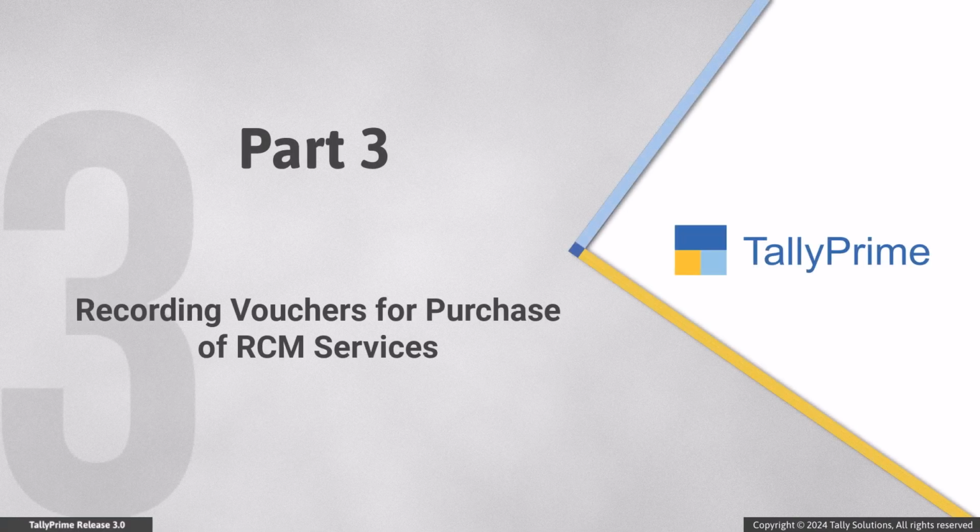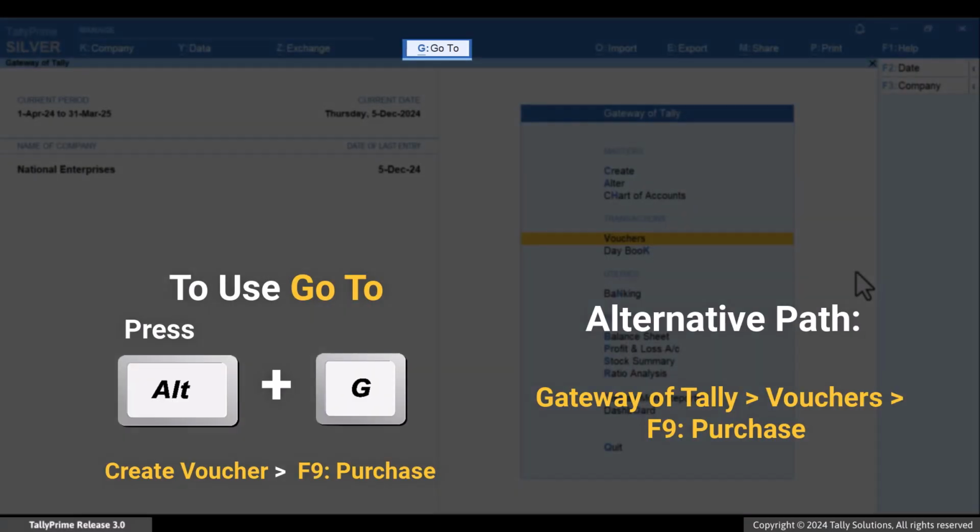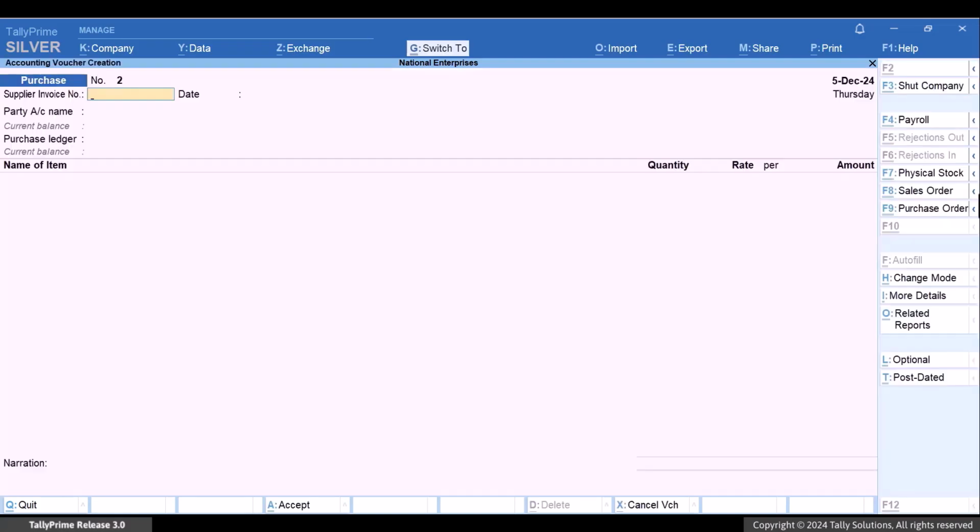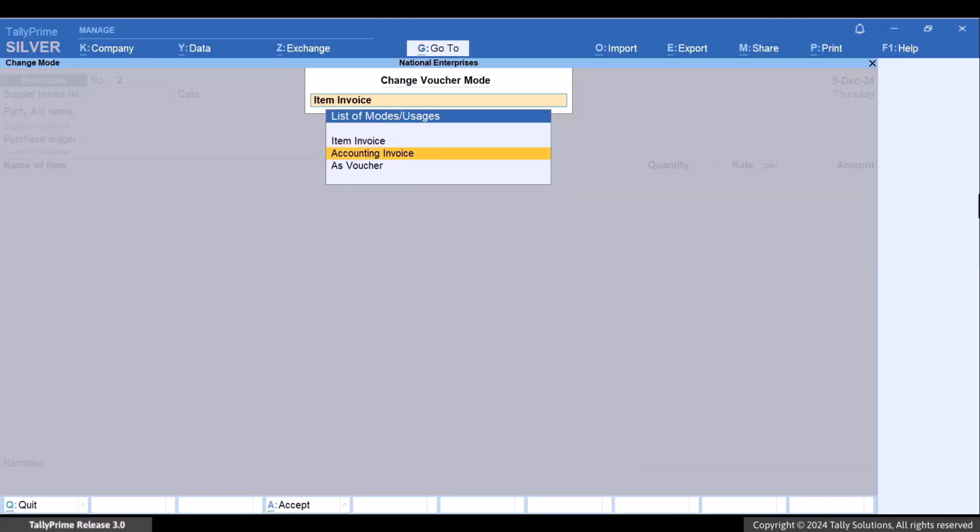Now, let us record a voucher for the purchase of an RCM service. You need to use the service ledger created for an RCM service during voucher creation. Press Alt-G, create voucher, and press F9 for purchase. Press Ctrl H and select Accounting Invoice.